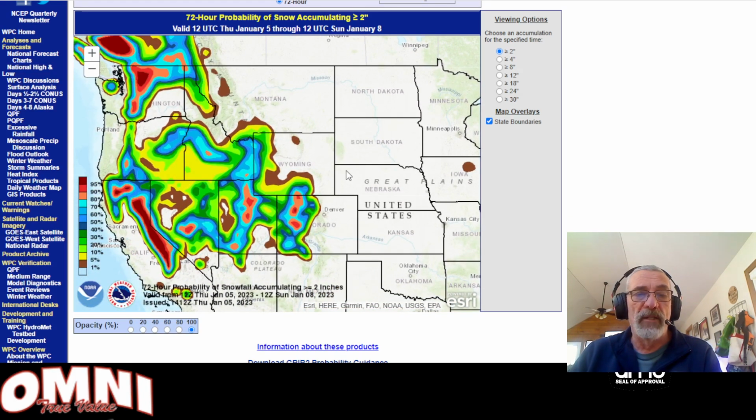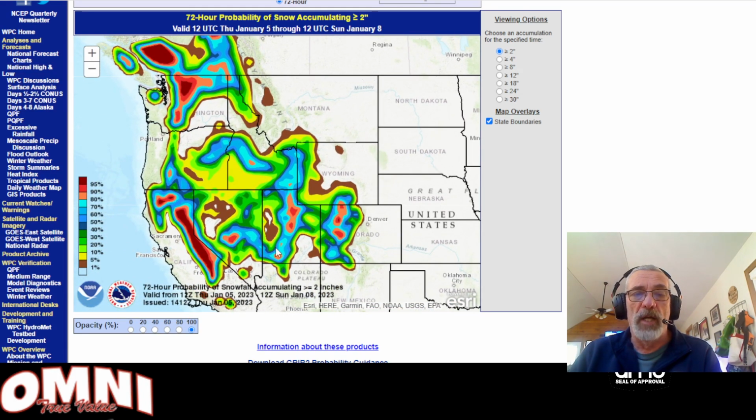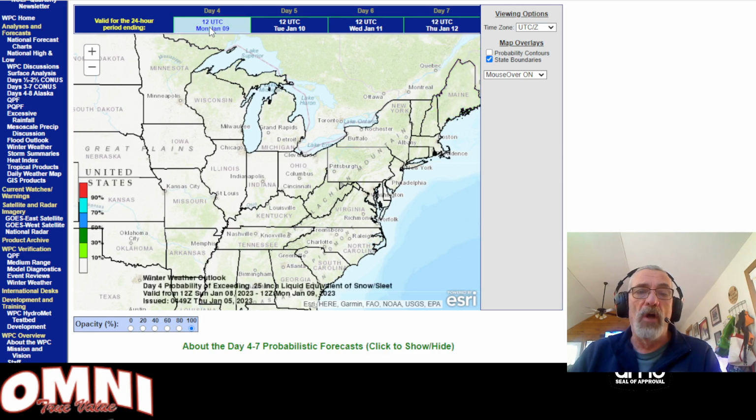And as we move out into the west, it just goes on, especially in California and also in parts of Utah and western Colorado, relatively high probabilities of at least 2. And in the long range, at least in the eastern part of the United States, and this is the probability of, let's call it at least 2 or 3 inches, starting from Sunday morning and taking us right through Wednesday